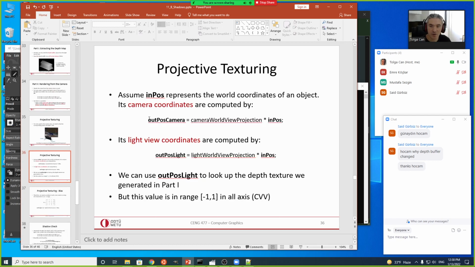After that, if this represents the world coordinate of an object, we compute its camera coordinates by multiplying with only the model view matrix. So this is the camera position. Its light view coordinates are computed by multiplying the vertex position with the model view projection matrix of the light. Then we use this output light position. Its first two values are used to query our depth texture, and its third value, its depth, is used to